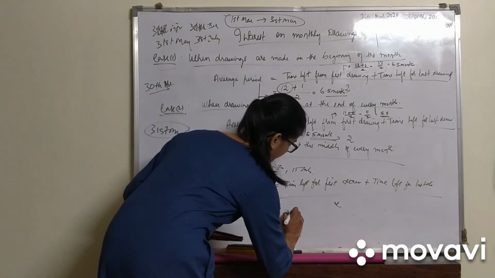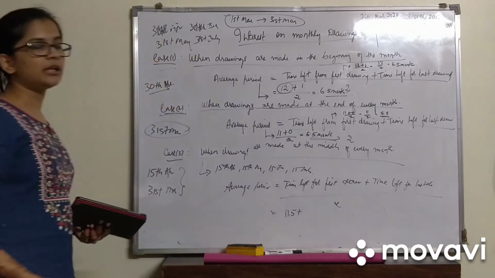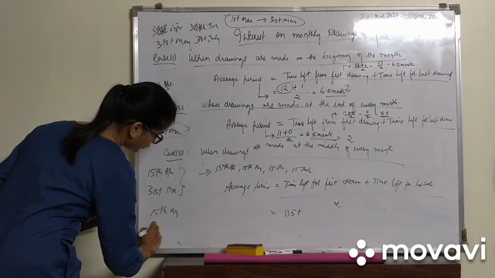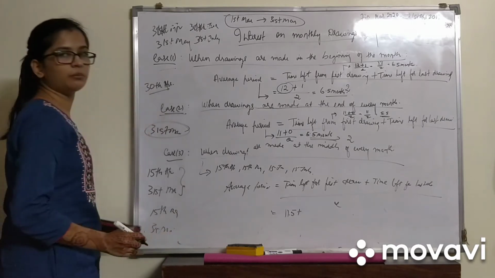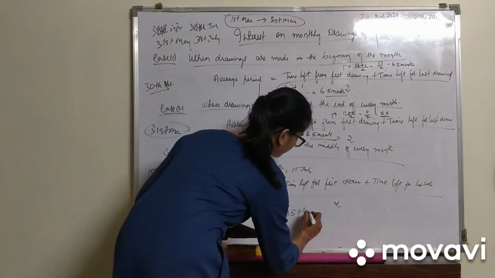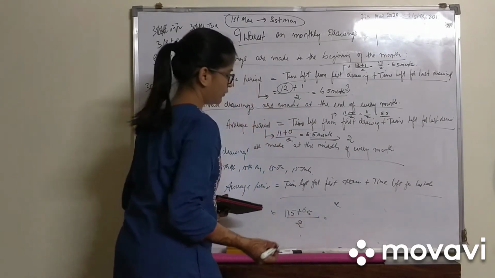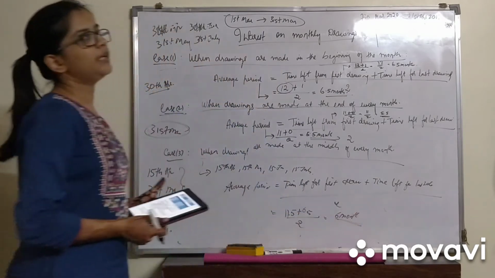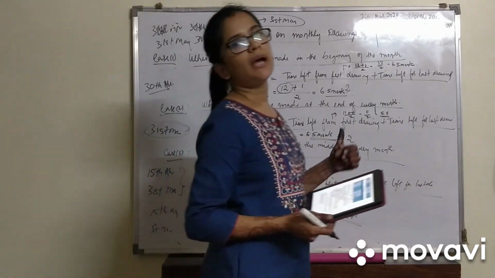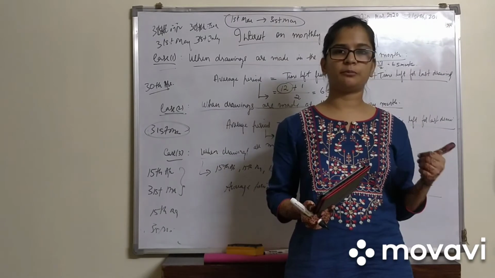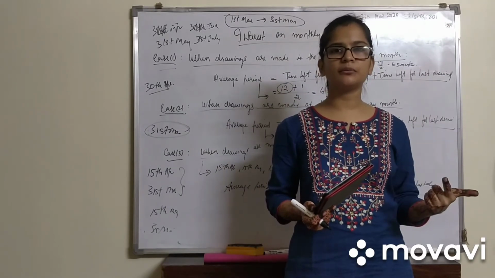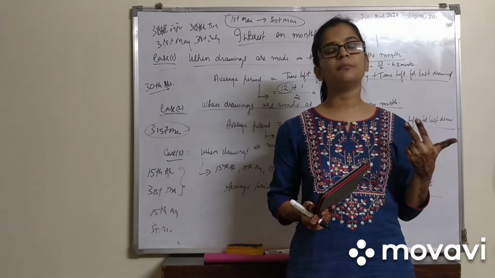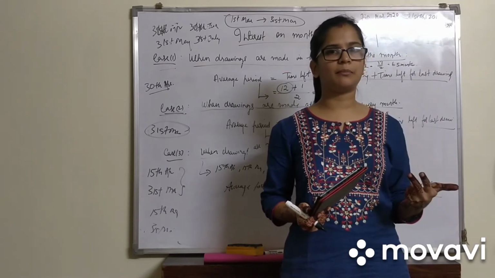So it is 11.5. And time for last drawing will be, we will calculate it from 15 March to 31st March. It is 0.5, divided by 2. So we will get 6 months. So in an easy way for you to remember, at the beginning of the month, there will be 6.5 months. At the end of the month, it will be 5.5 months. And in the middle of the year, it will be 6 months.